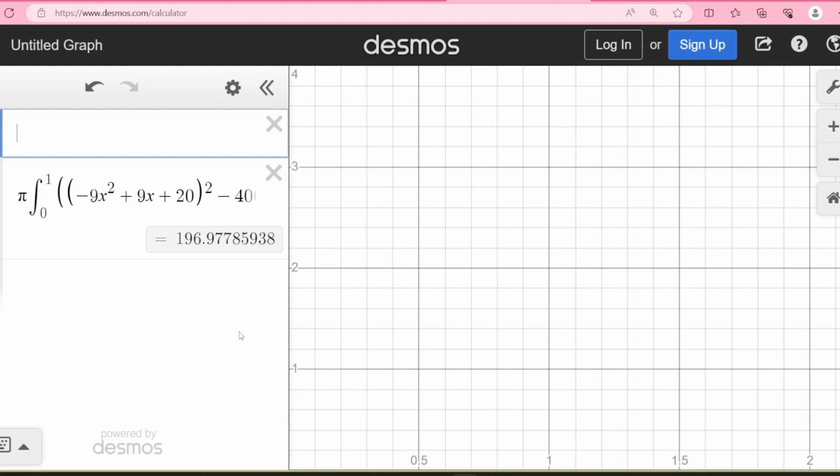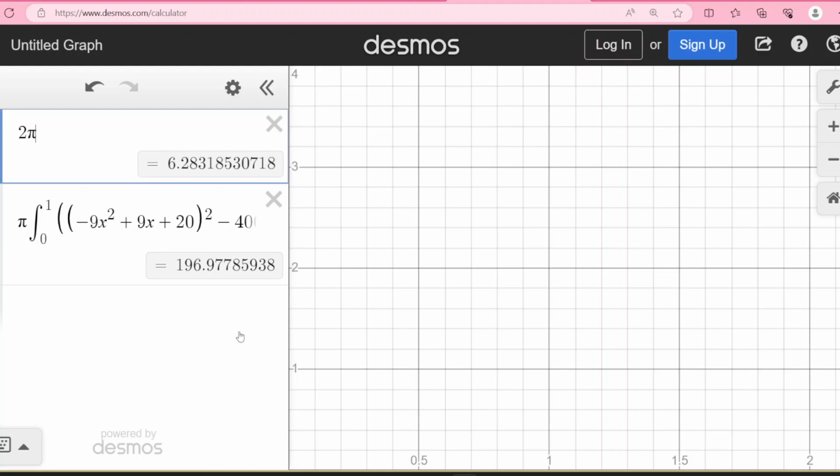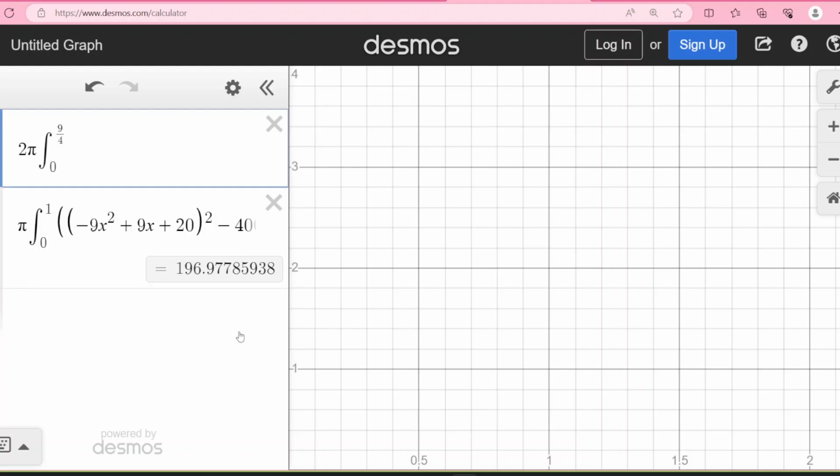Now, let me put in this integral I got doing the shell method. That was the washer method, and I should get the same thing. If I did everything correctly, it should be the same. 2 pi times the integral, going from y equals 0 to y equals 9/4, times the radius, y plus 20 in terms of y, and then times 2 times the square root of